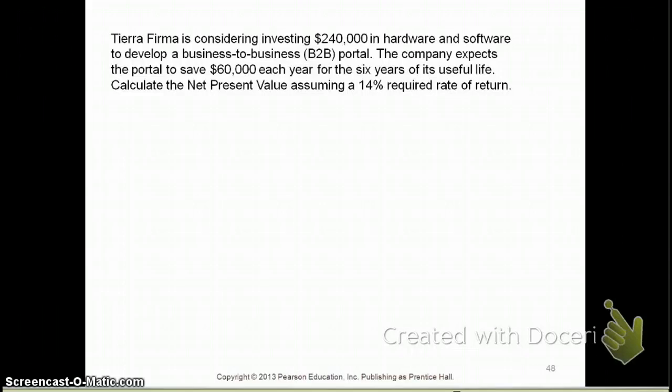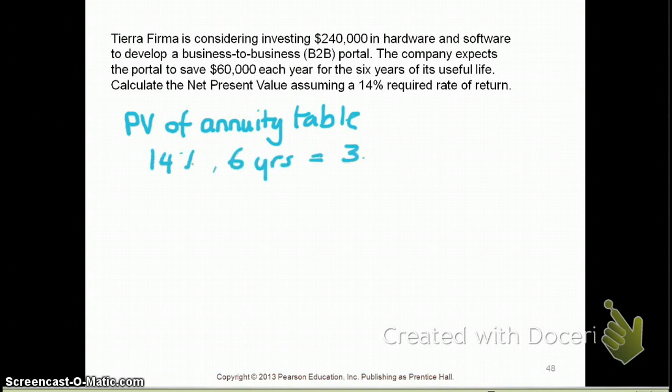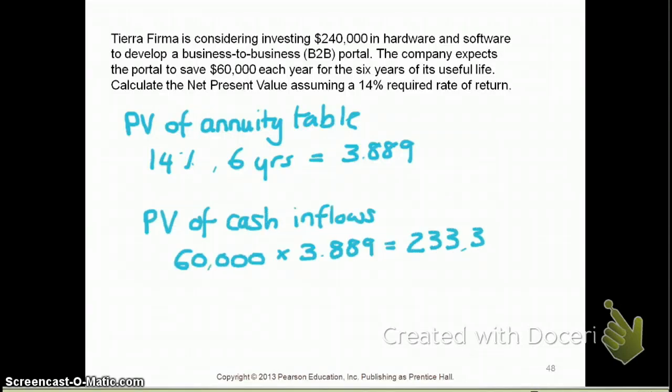It says the company expects the portal to save $60,000 each year for the 6 years. So if it's each year, then it is an annuity. So you know that you're going to be using your present value of an annuity table. You're going to look up 14% for 6 years, and that will give you a factor of 3.889. Now, how do you calculate your present value of future cash flows? You multiply that 3.889 by your principal, which is 60,000, giving you